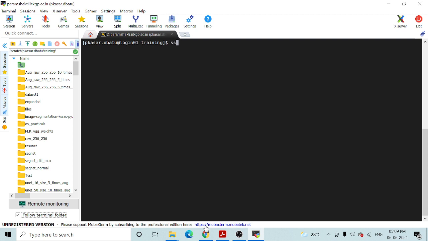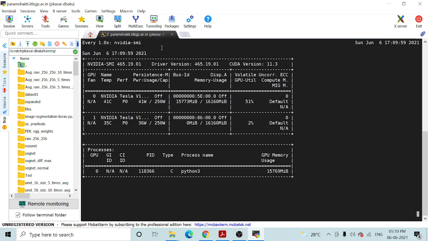So I will go to that particular GPU node through the SSH command. Then from this login account, I will jump to that GPU node, GPU 016, and here you can see my login has changed to GPU 16. Now I will run watch -n1 nvidia-smi. This is the command, and I can see the status of this particular node.